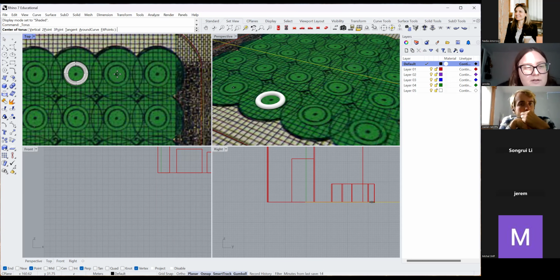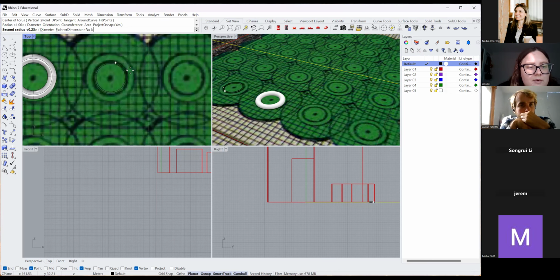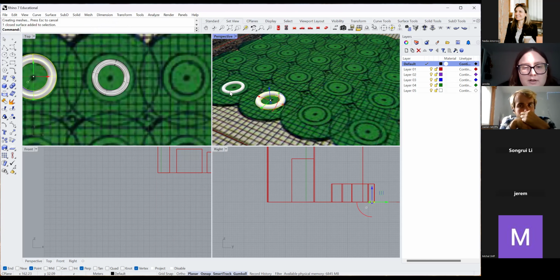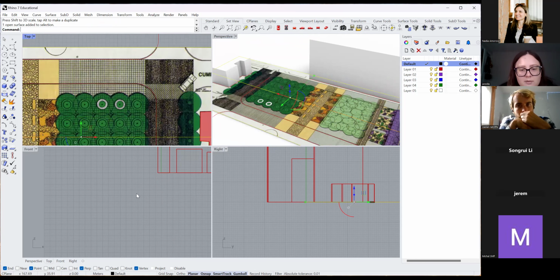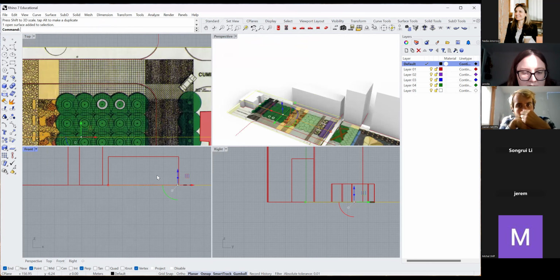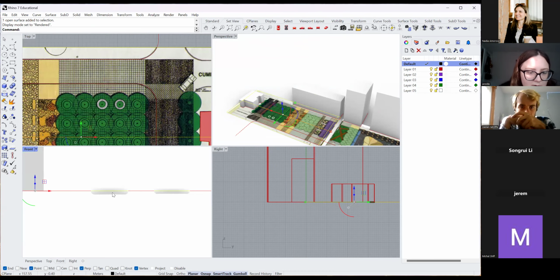So again, and then you can make it bigger or smaller. Yeah, that one's pretty fun to do. And then you can see on the front view that it's kind of below the